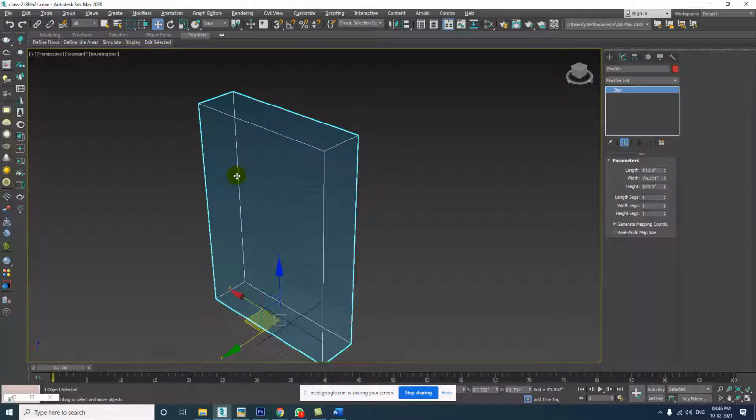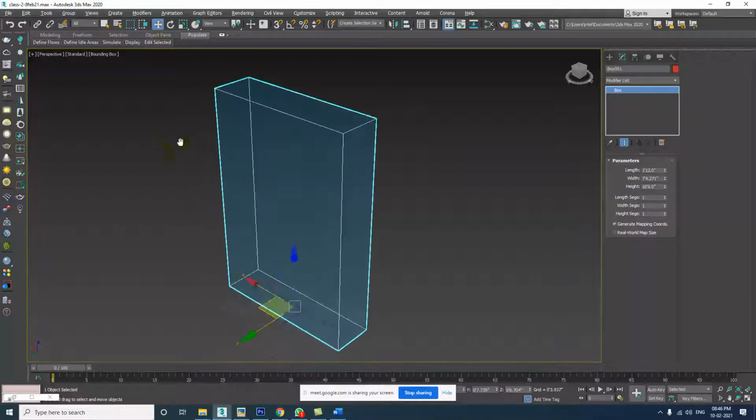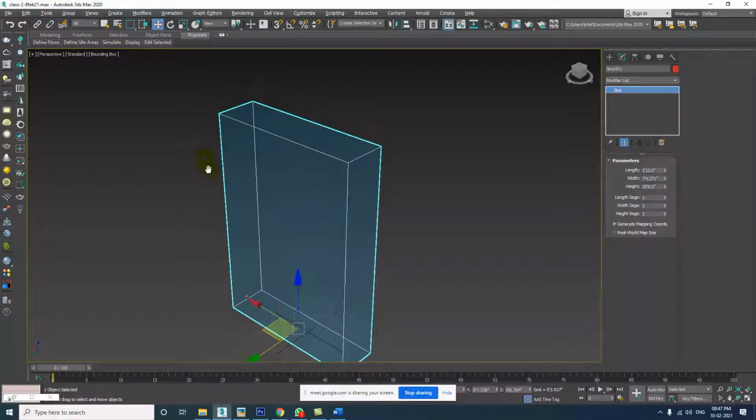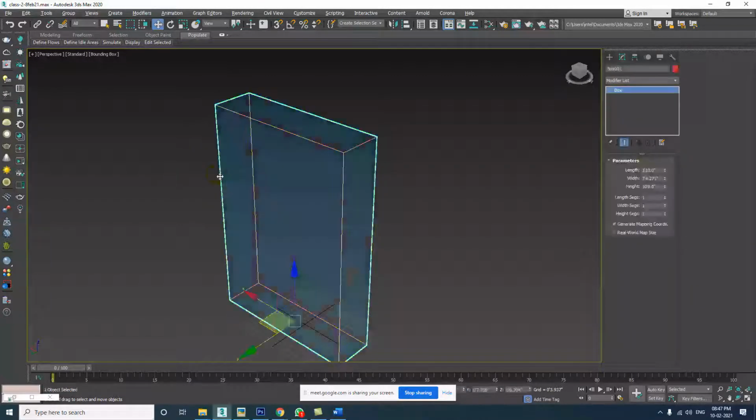If I have to work with 10,000 boxes or an entire housing society with four or five buildings, every building having 55 floors or 10 or 20 floors, then your computer slows down and 3ds Max goes really heavy. In those situations where you have to work on very heavy files, you have to go to bounding boxes to reduce the load on your computer.